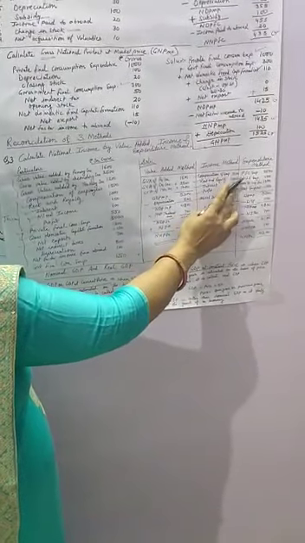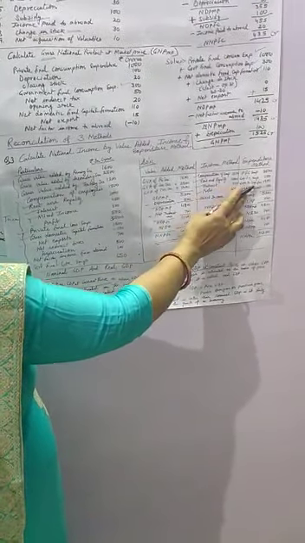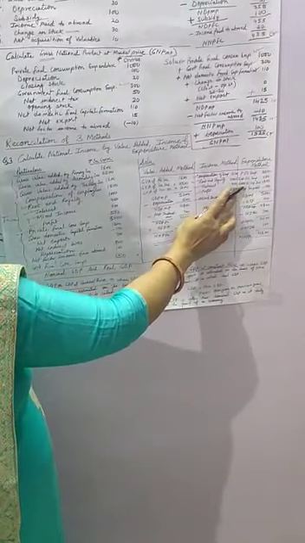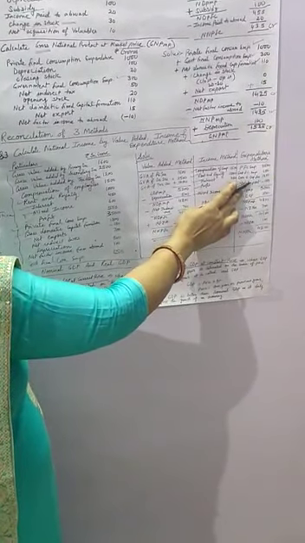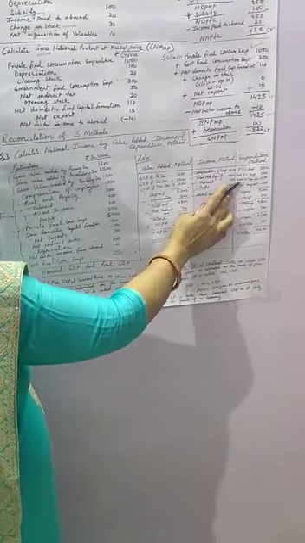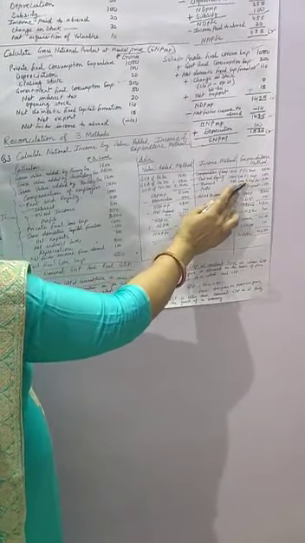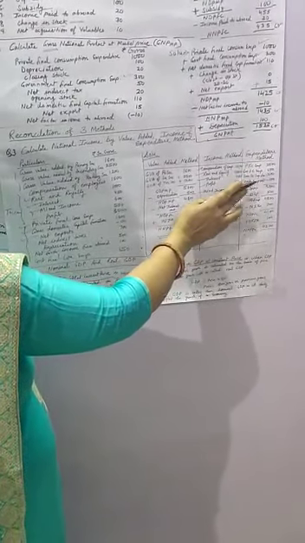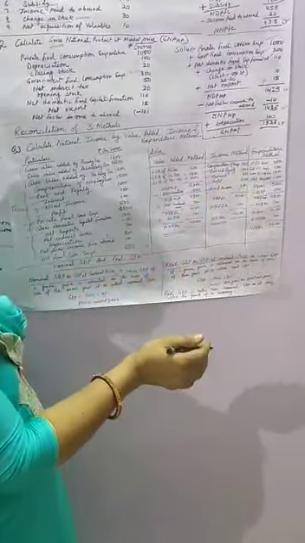Here in this question you have not taken change in stock. Why? Because gross domestic capital formation is given here. Fixed capital formation is not given. In place of fixed capital formation, gross domestic capital formation is given, so there is no need to take change in stock separately. So here we have not taken change in stock.